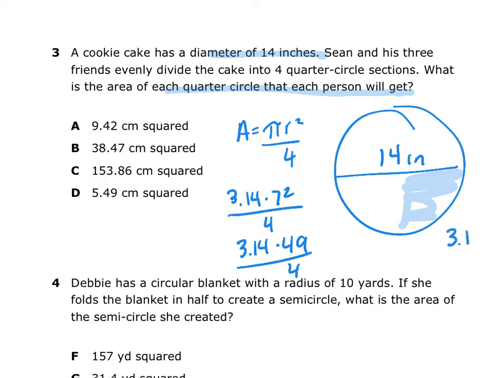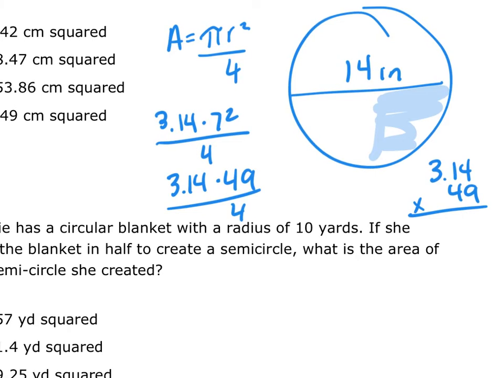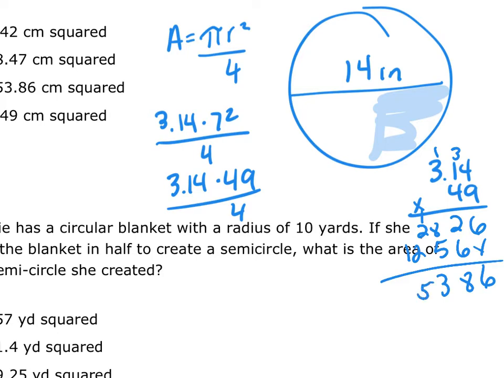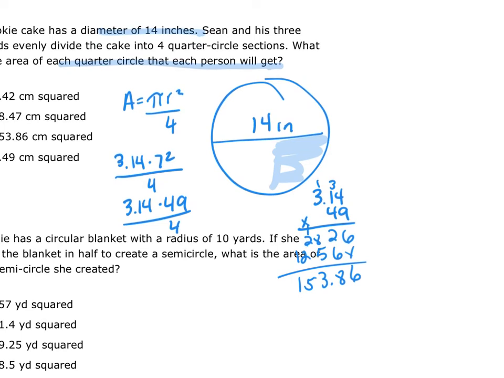So 3.14 times 49 is 153.86. We still have to divide that by 4, so we're going to say